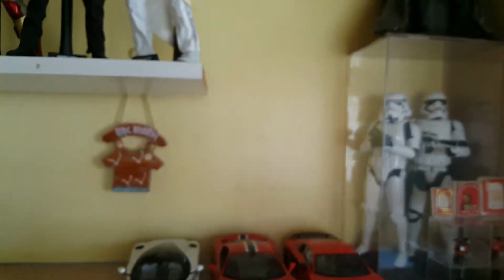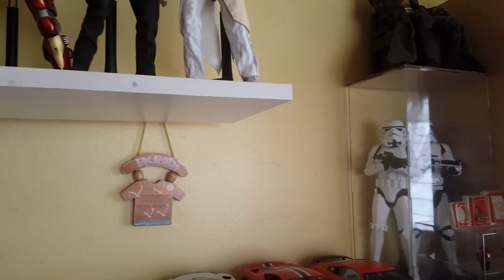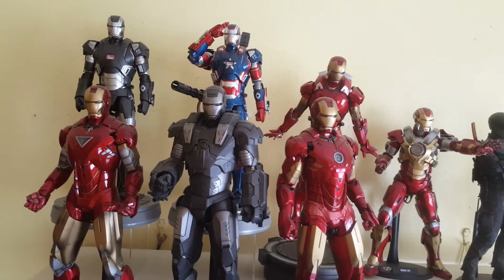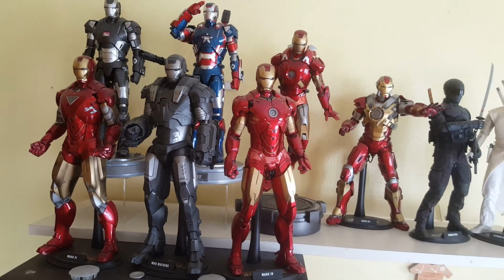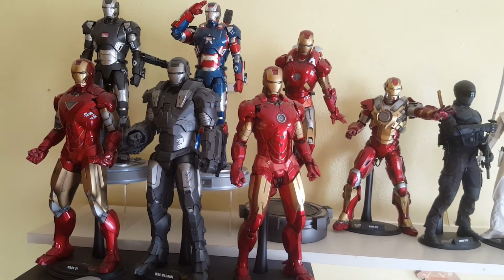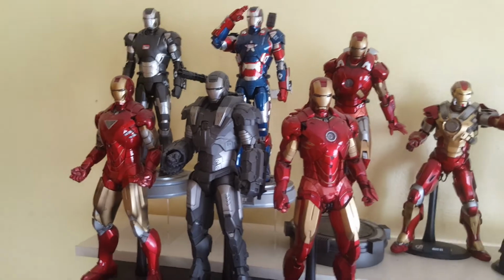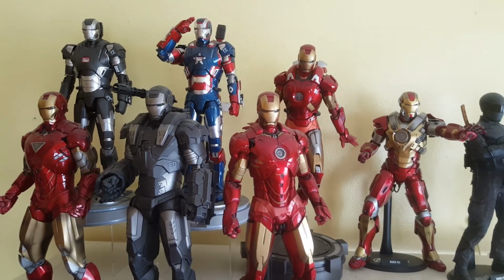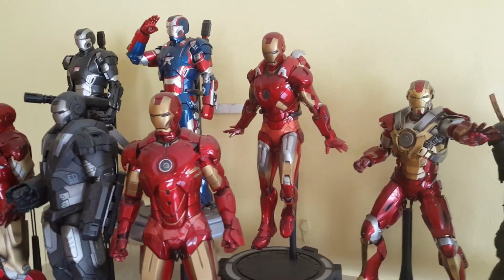And I think the last time, I did not show you guys my Hot Toys collection, those 1/6 scale models. So let me just adjust the camera a little bit. On this side, I like to collect and display my Iron Man Hot Toys collection. It's a mixture of the older generation Hot Toys, which were made of plastic. Most Iron Man Hot Toys models now are made of die-cast metal, which I do have. Those two, the War Machine as well as the Iron Patriot at the back, are die-cast metal, really heavy. And then we've got some plastic Iron Mans here,